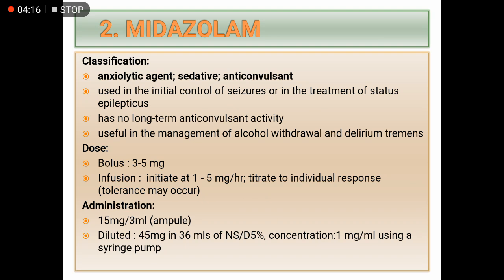We have midazolam. This is an anxiolytic agent, sedative, and anticonvulsant. The dose will be 3 to 5 milligrams. Infusion, initiate at 1 to 5 milligrams per hour. Titrate to individual response, or tolerance may occur. Administration: 15 milligrams in a 3 ml ampule, diluted 45 milligrams in 36 ml of normal saline or D5%, concentration 1 milligram per ml using a